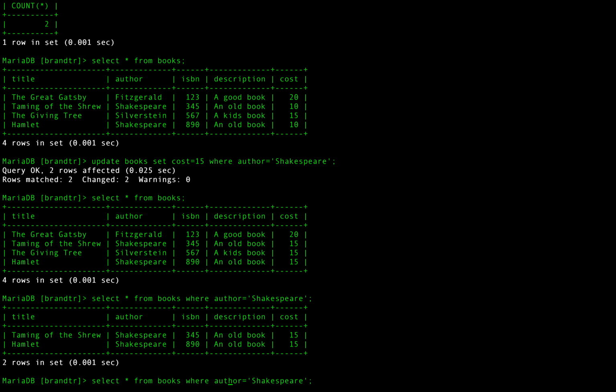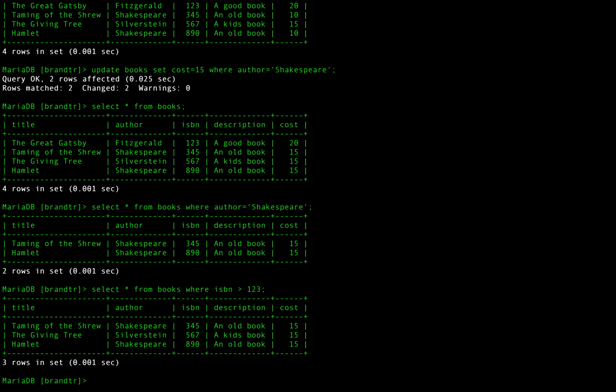You, for example, could select books where ISBN, since ISBN is an integer, greater than, let's try this. Yeah, so we can select all the books where the ISBN is greater than 123. Right, so this is not super useful, but let's